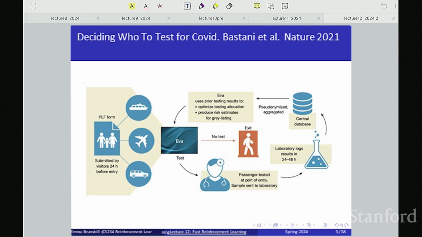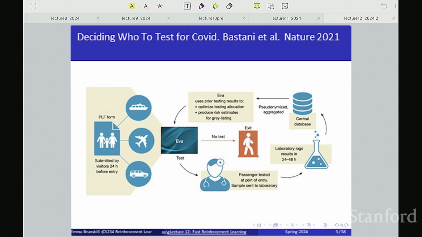In this case, compared to what we've seen so far, but we'll see this case later, we're going to have context. Context you can think of as just being like states. So people will have a feature vector that describes what country they're coming from, a bunch of other details about them, and that gives you a state that we're going to use to decide whether or not to test someone. Okay, so that's why it's contextual.